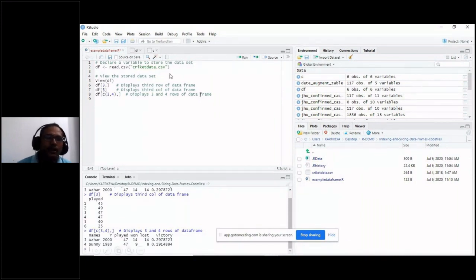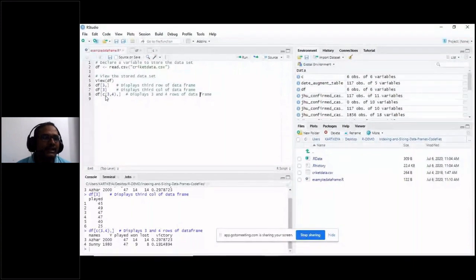Suppose you want a particular element in your data frame, or you want to display two rows or two columns, then how do we display them? Suppose I want to display the third and fourth rows, then I have to write df. C stands for create or concatenate. Because I want more than one row displayed, I have to concatenate both rows.